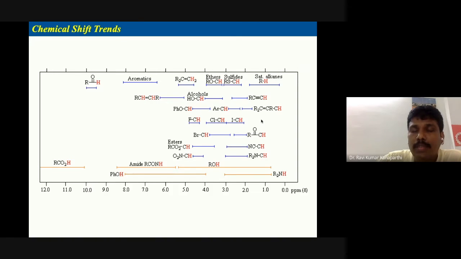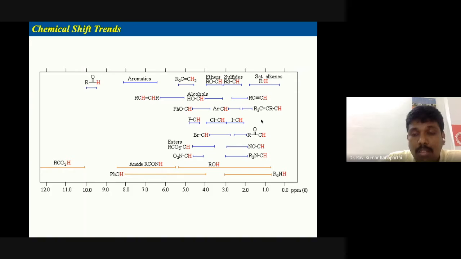So all these proton chemical shift values, and also carbon chemical shift values, you have to remember, if at all you have to pass your course, that's for sure. If you don't remember, you can't really interpret the data. If you give the wrong numbers, then your answers will be struck off. So please remember, I'm spending this much time to tell you that studying and remembering the chemical shift values of the protons and also carbons is very, very important.